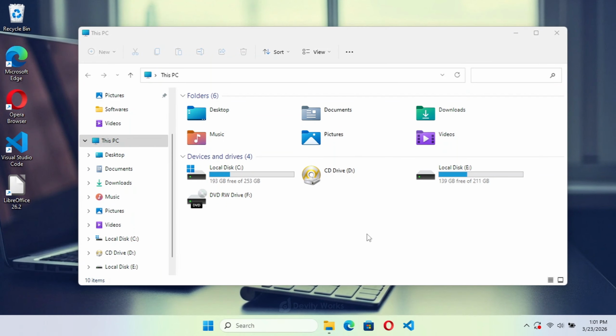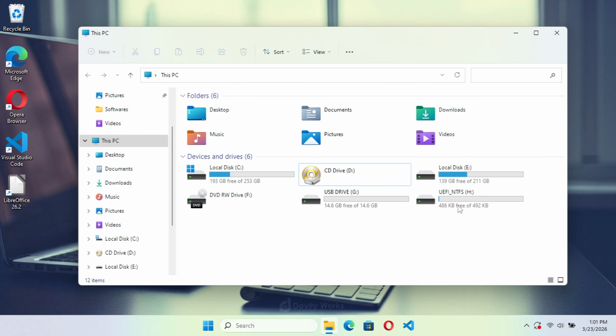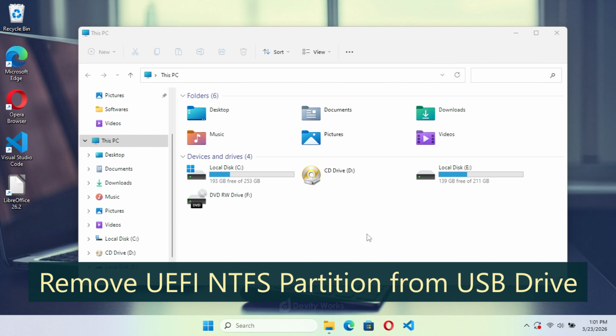You plug in your USB drive, and instead of one clean drive, your computer shows two partitions. And one of them is a UEFI NTFS partition that has no reason to be there. In today's video, I am going to show you exactly how to remove it and get your USB drive back